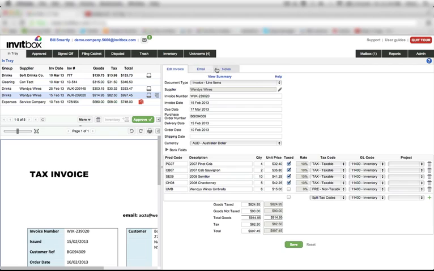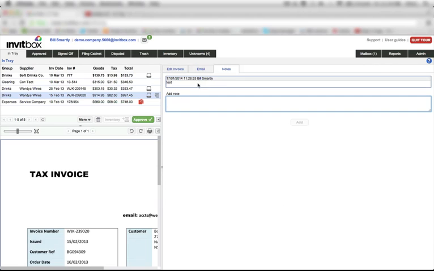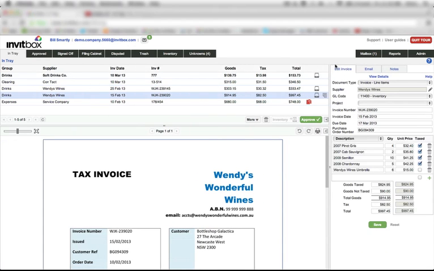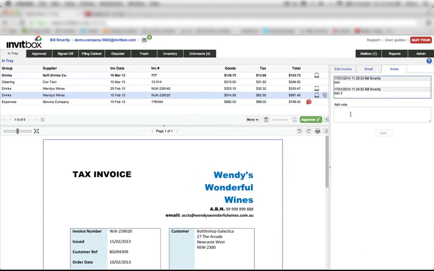Have a look at the notes section. So you'll notice here I've already left a note on 17th of January, 11:26, and I can leave another note. And you'll see that this will start to gather up an audit trail of notes. Now once you leave a note within Invitbox, it can never be amended. So please keep that in mind. Once it's there, you cannot change or delete these notes. They are there